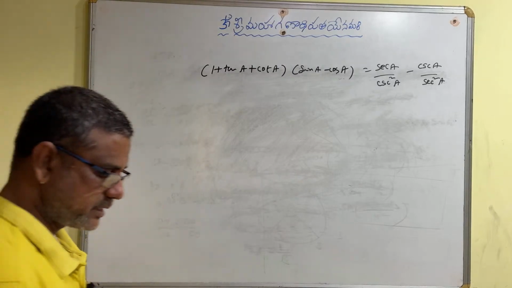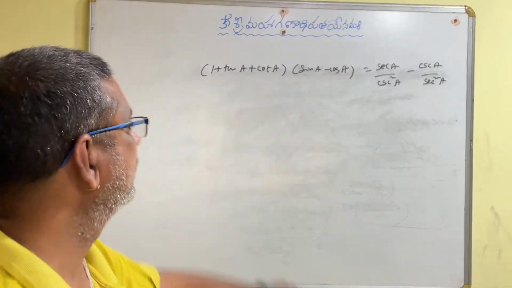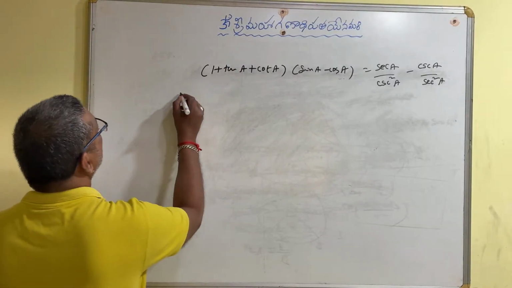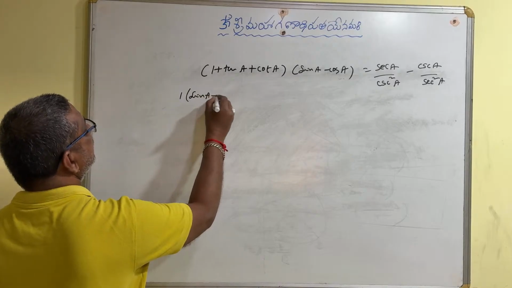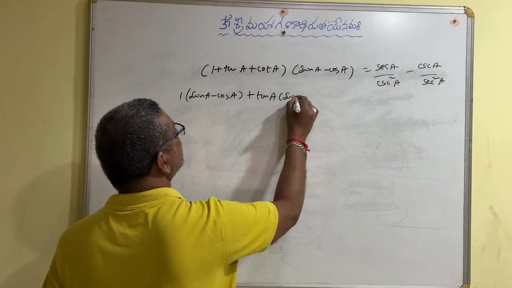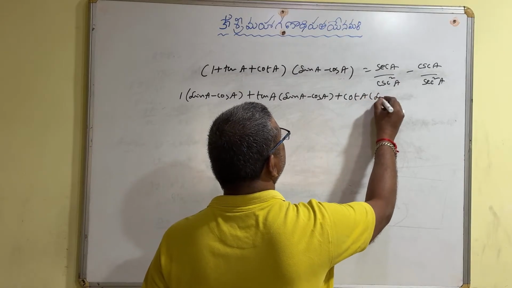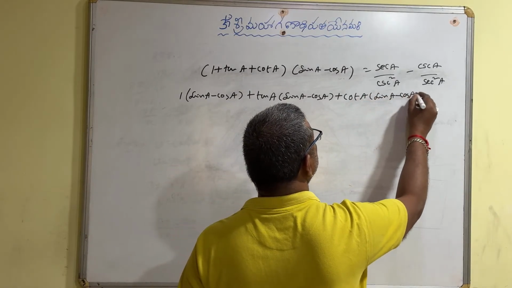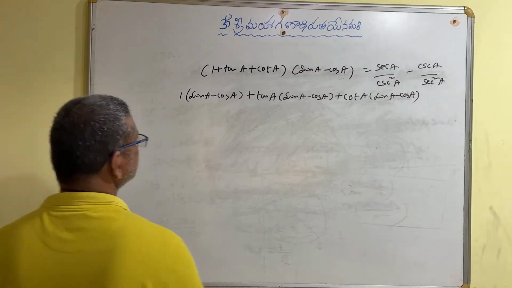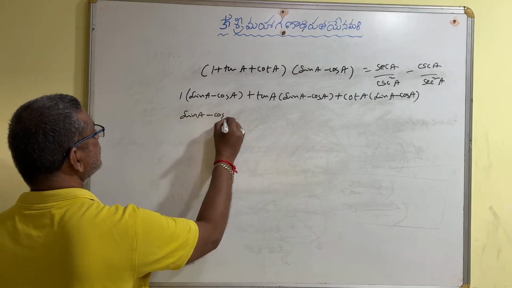Just step 1, multiply the trinomial with the binomial. How? 1 plus tan A plus cot A into sin A minus cos A, that is 1 into sin A minus cos A, plus tan A into sin A minus cos A, plus cot A into sin A minus cos A. Okay. Now open the brackets. Sin A minus cos A plus